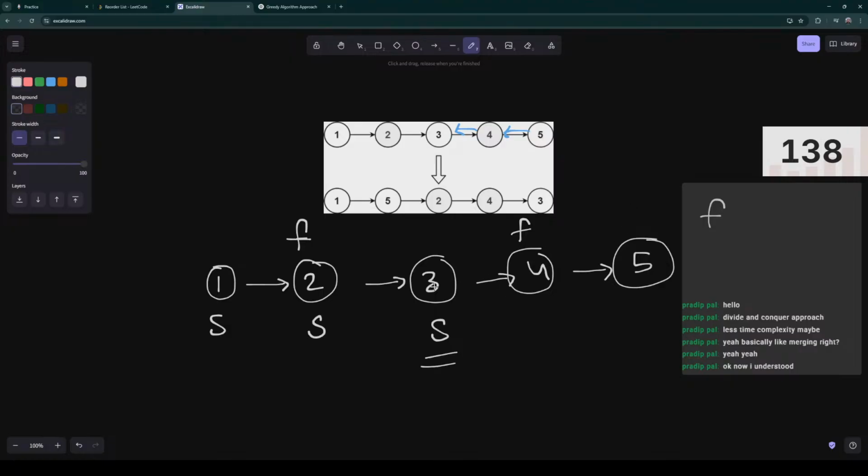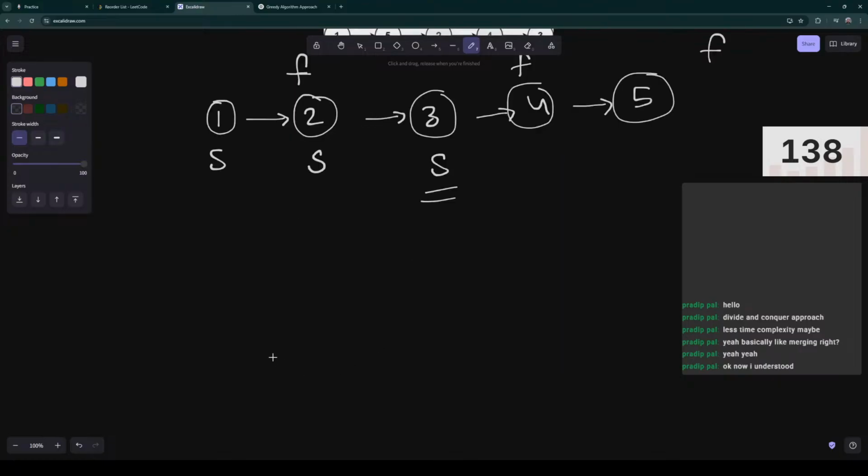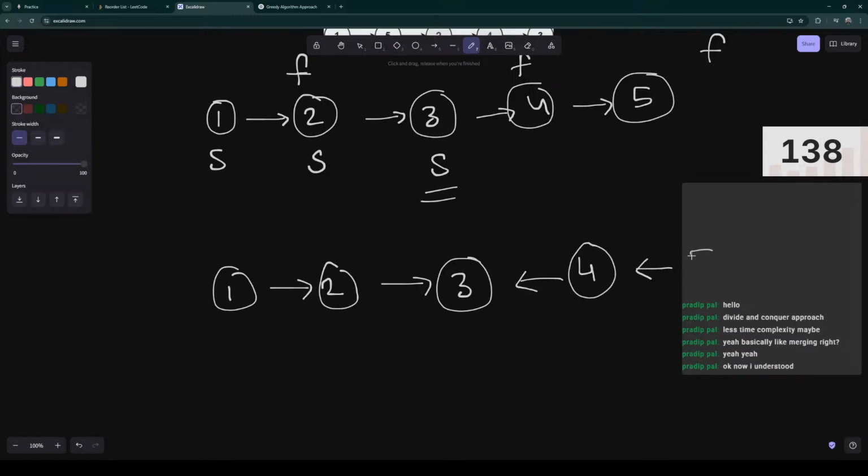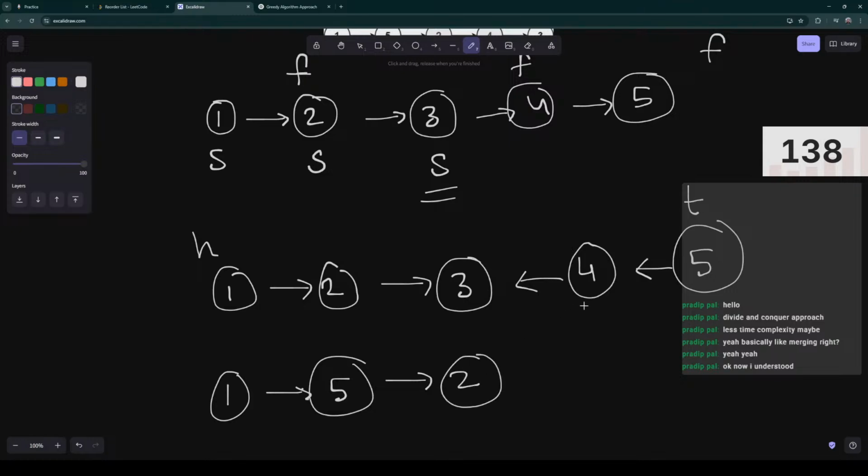Then I simply need to reverse from here, right? Then when I do a reverse from here, it will look something like this. This becomes this, this becomes this. Now I have this head and tail. Then I just need to mix and match these. So after one, I should put a tail node. Right, so after one, I should insert this tail node here. So after one, it should be 5, and then 2, and then tail moves here,